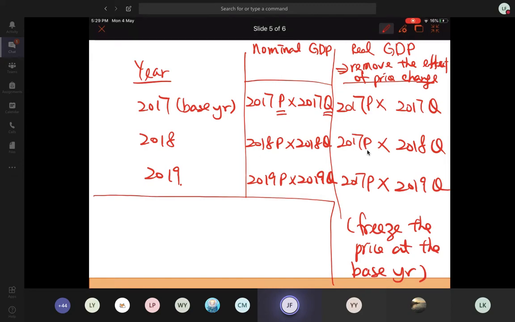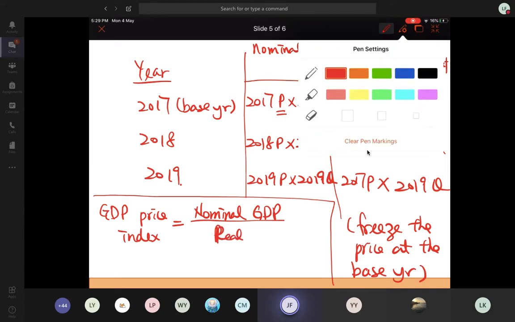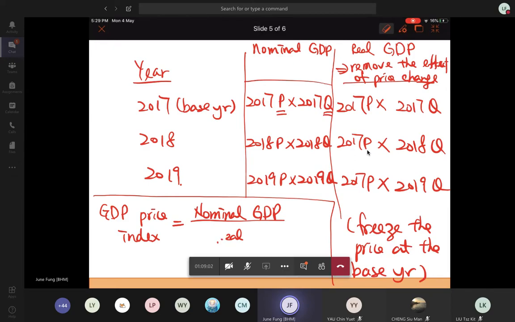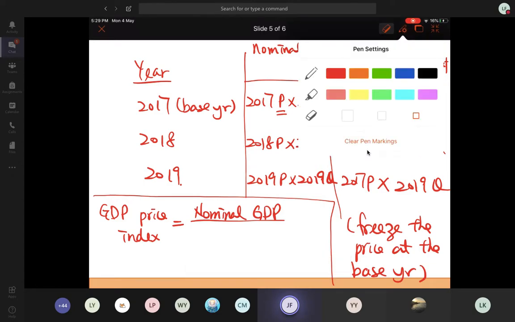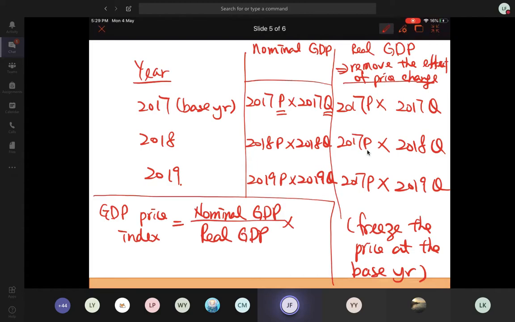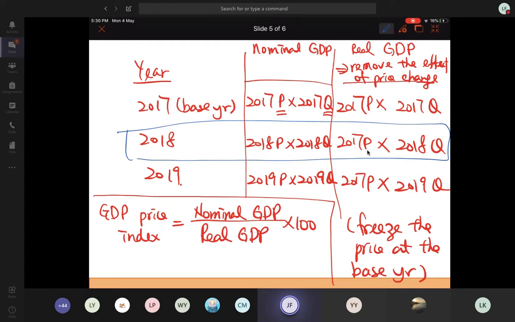So according to your lecture notes, how can we calculate the GDP price index? 我哋個 GDP price index 係點樣計？Okay, we use the nominal GDP divided by the real GDP, 乘100。我哋攞2018年做例子，nominal GDP 係2018年嘅價錢乘以2018年嘅 Q，2018年嘅 real GDP 係2017年嘅價錢乘以2018年嘅 Q。